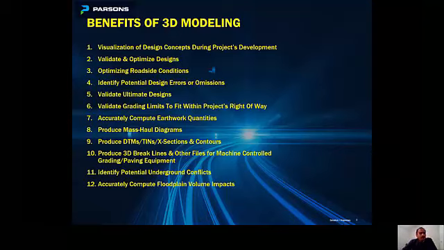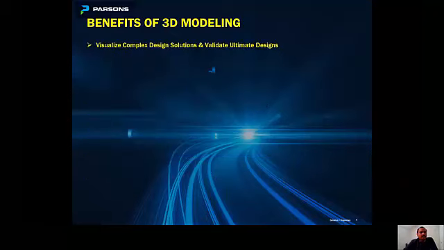And then I'll be talking about the potential utility conflicts that can be identified with the help of 3D model, and then we will look at some of the floodplain impacts that can be identified with the help of 3D model. So like I just mentioned, no matter how simple or complex the design solution might be, and sometimes it's very hard to explain on a piece of paper, that's when 3D model becomes extremely helpful.